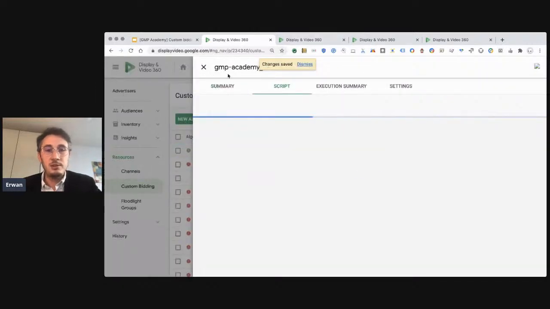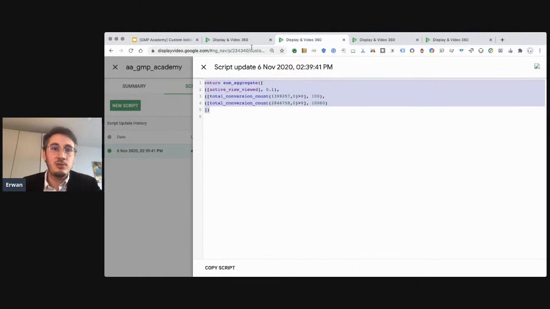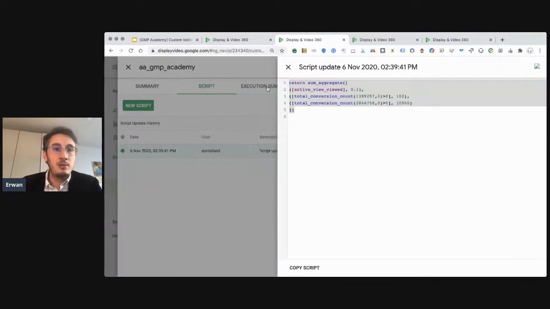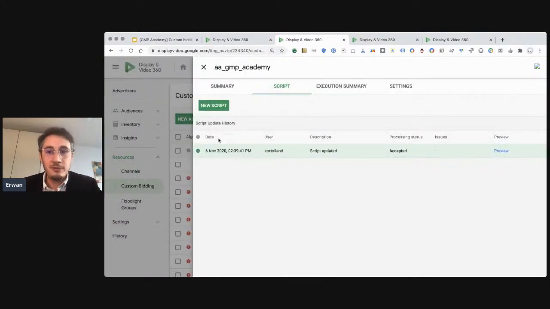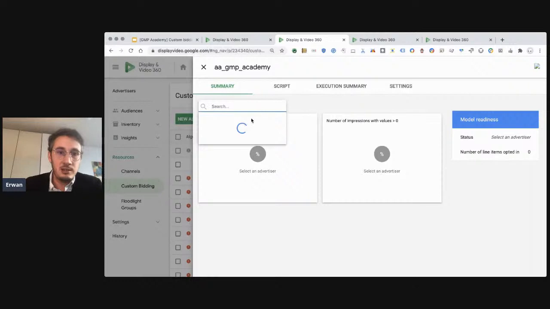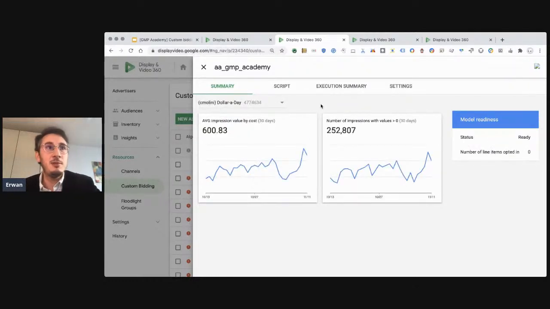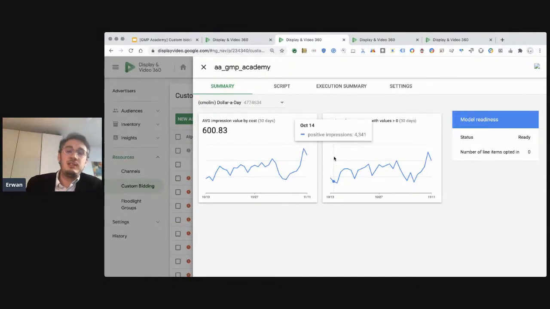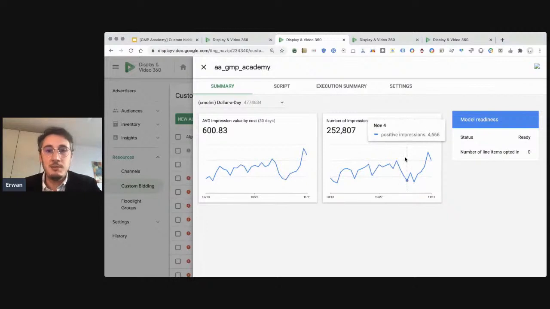So, that's the next step that you want. It's going to take a few days to create a model. After a few days, this is the same algorithm that I used, but it's already computed. After a few days, the model is going to be ready. And the thing you want to look at at this stage before applying it to a line item would be